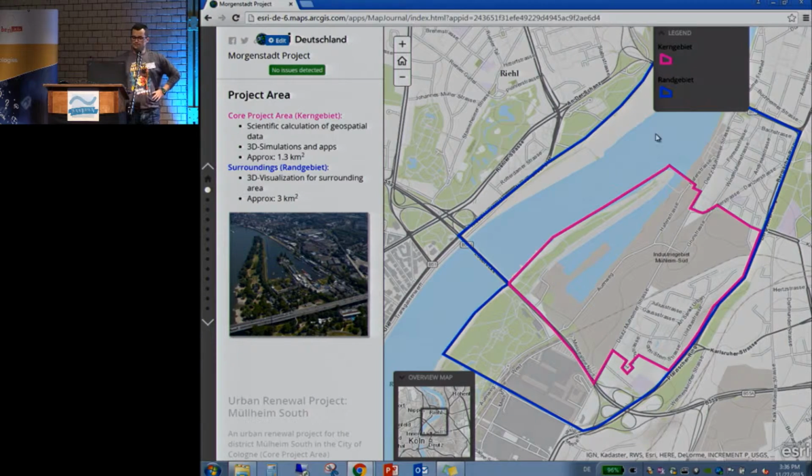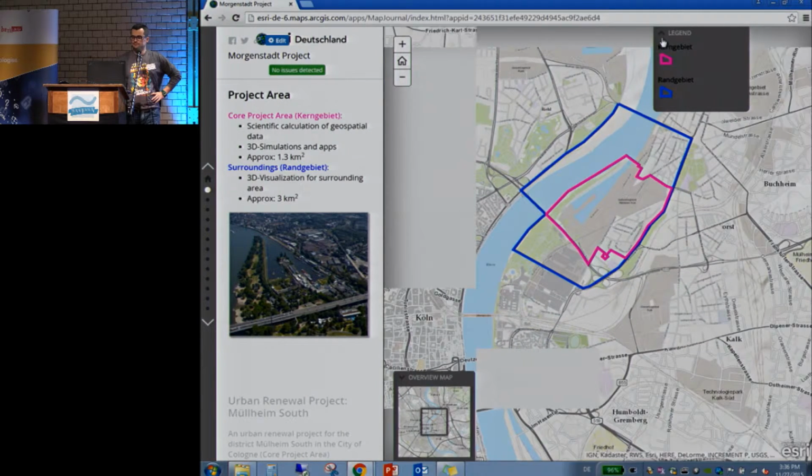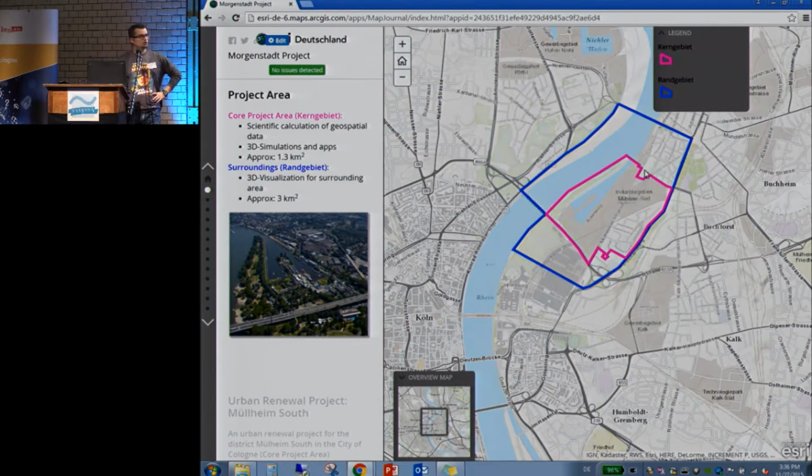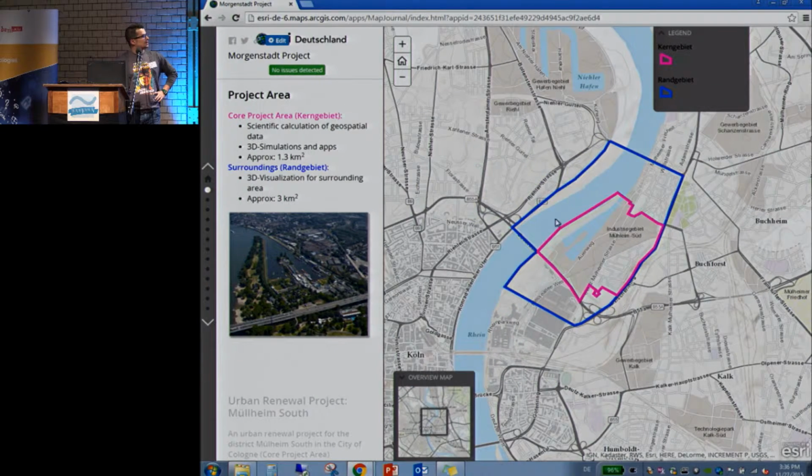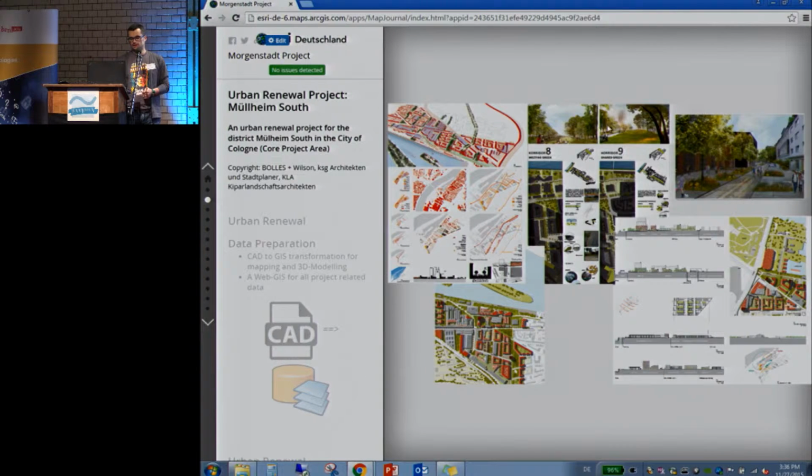So again, the area in a web map, as you can see, we have a core project area where we do our 3D visualizations and other stuff. And we also have a general zone so that we can actually add some backdrops and some other base maps. So in the core project area, we are talking about 1.3 square kilometers. And in this area, there was an urban renewal project. So it's the area called Mülheim Süd, Mülheim South, and some architectural